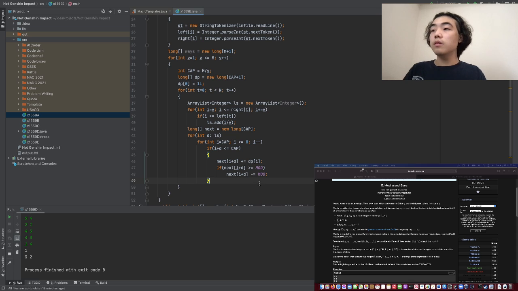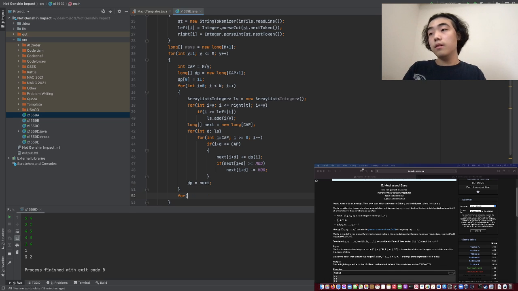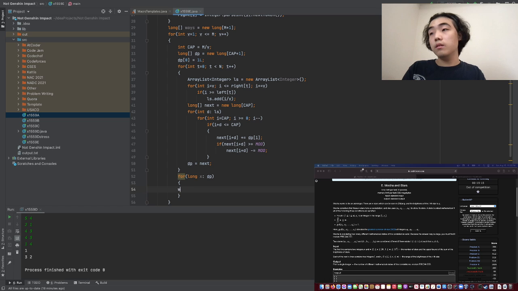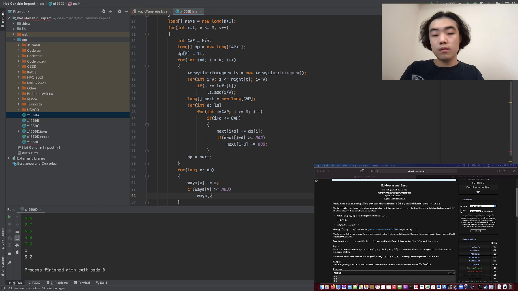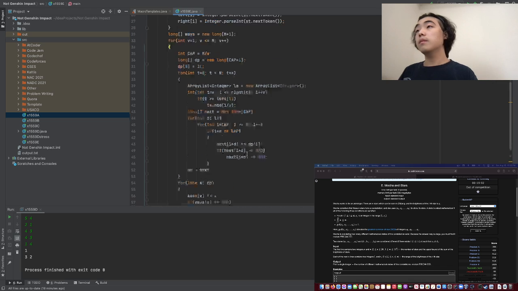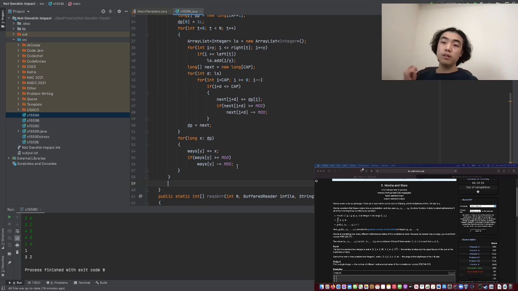And then we do dp is equal to next. And then we do for long x in dp, ways at v, add on to x, ways at v is, and we decrease it by mod. Okay? So now this is equal to the number of ways that exist such that the GCD,